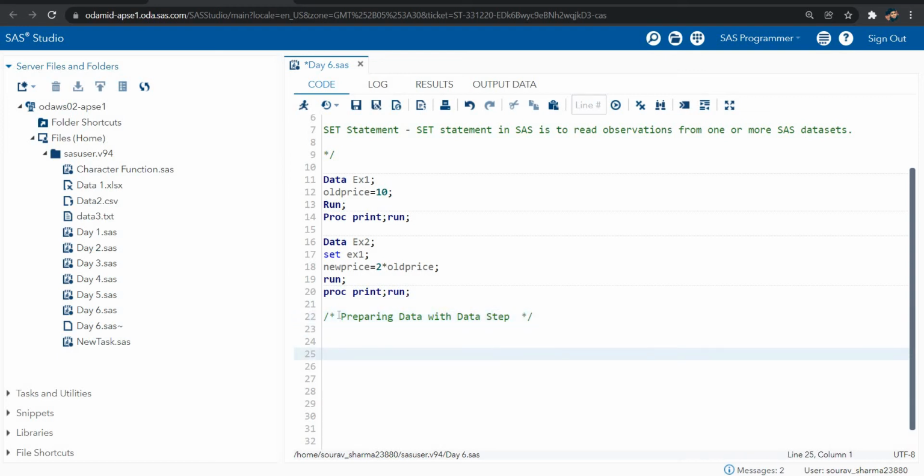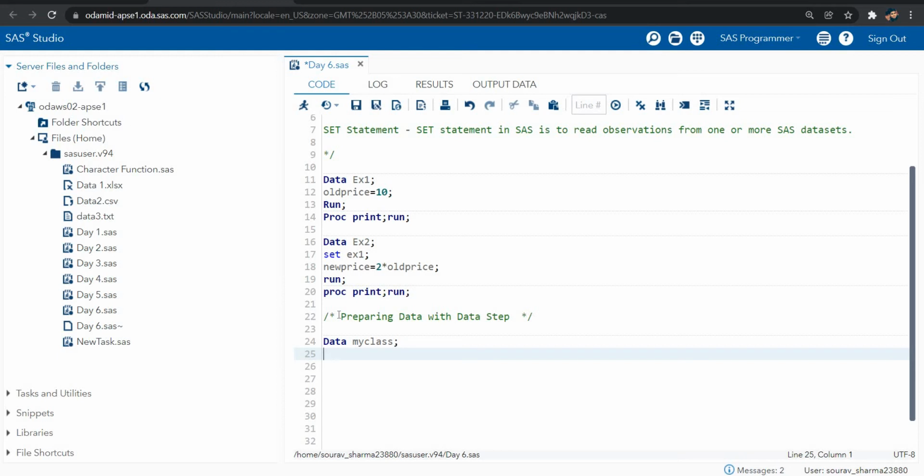Okay, so I'm preparing a data set. Let's suppose I'm writing data, my class data. I created one data name. By default, any name you can write. I created my data name as my class.